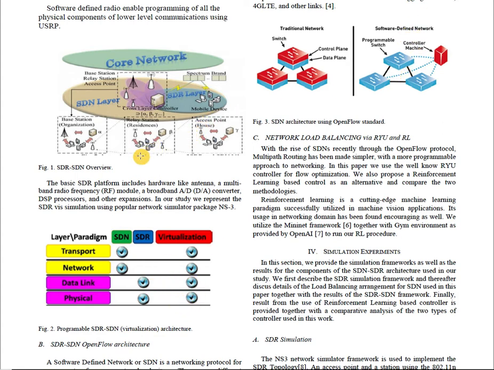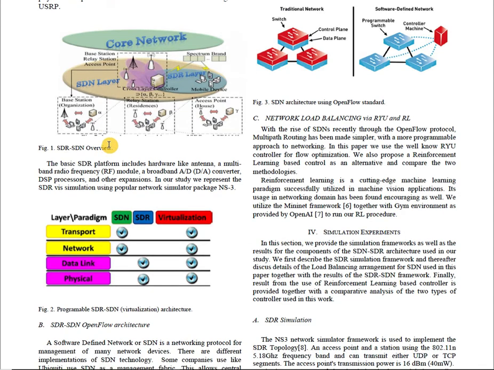So coming back to our figure 1, in which we show the typical usage platform. In this typical usage platform, you can see that we have the core network, which is where the SDR-SDN controller, in our case the RYU controller, is sitting. It controls both the networking parameters like the data rates and packet rates in the network, as well as the physical parameters associated with the SDR.